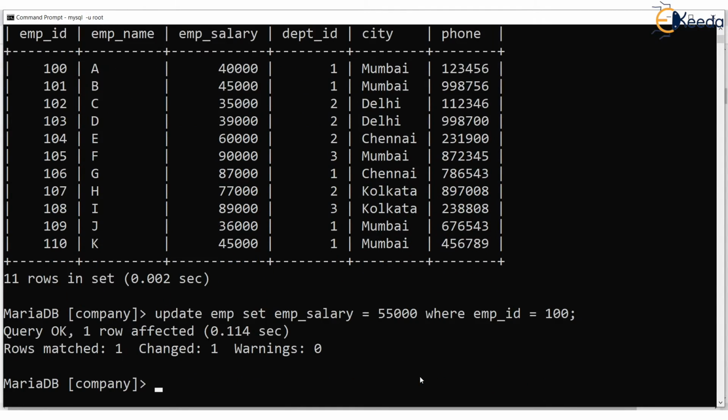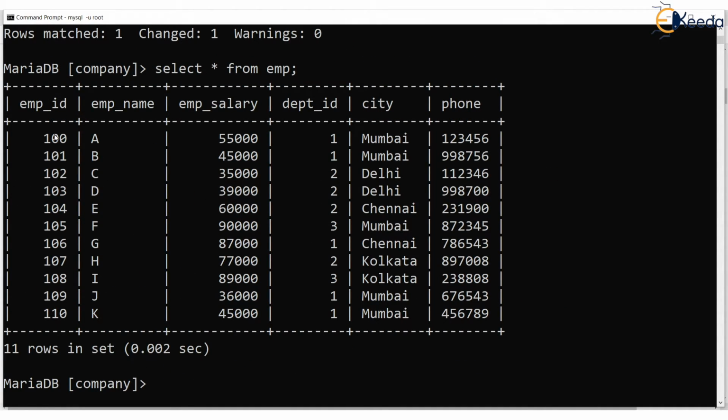It says query OK. Let's confirm by giving select star from EMP. Check that employee number 100 now has a salary of 55,000. But you remember, this employee number 100, name A, is from department 1. So this person is in the view also. So let's see what is there in the view now. Select star from EMP_DPT1.